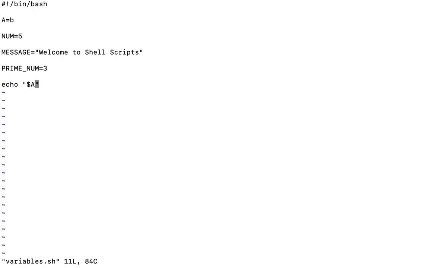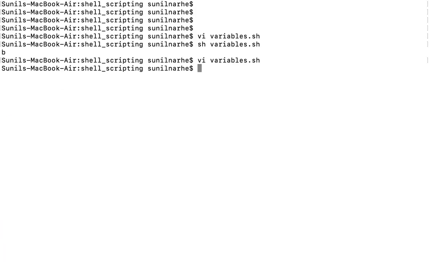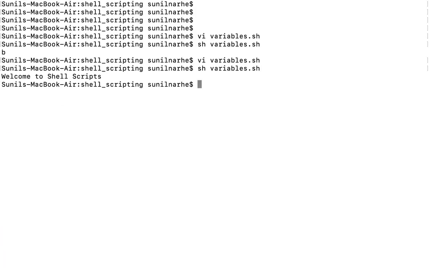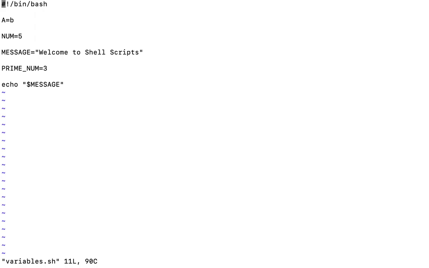Like this, we can also print a message, welcome to shell script. One more thing you may have observed in the shell script is that I have declared the variables in capital letters.